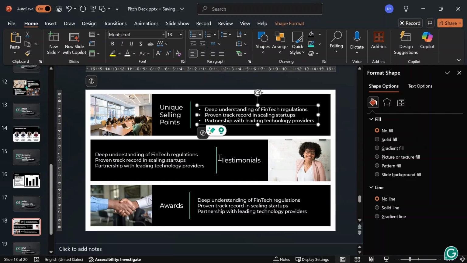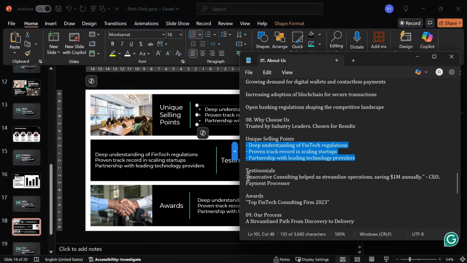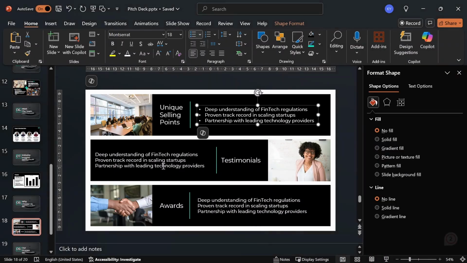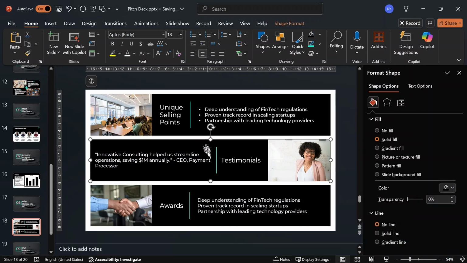On testimonials, we're going to grab the content for testimonials, and here's the testimonial. Control C. We're going to select everything in this box. Control V, and we're going to paste. We're going to leave it as it is. So for the final,